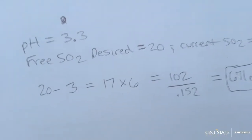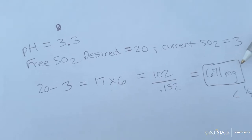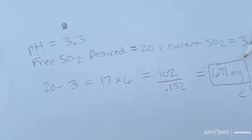So we have some other calculations that we've learned in class, so you may want to double check some formulas for figuring out the level of SO2, as well as recommendations for K-meta and for free sulfur dioxide. But for now,